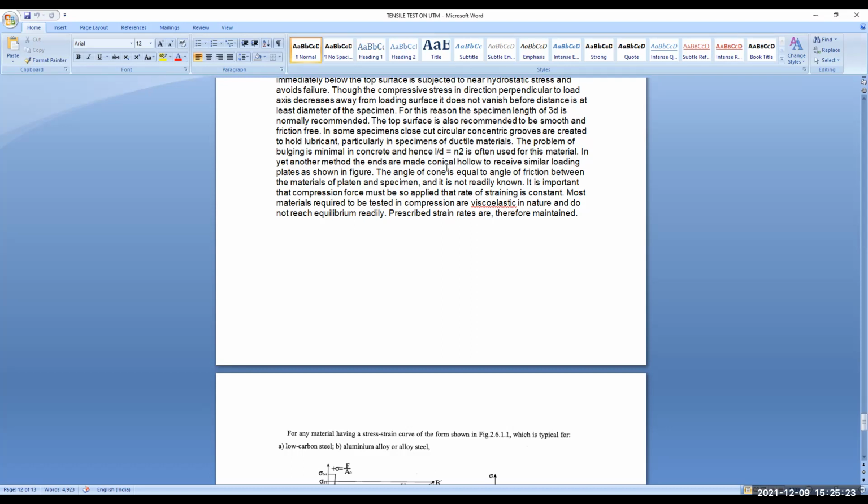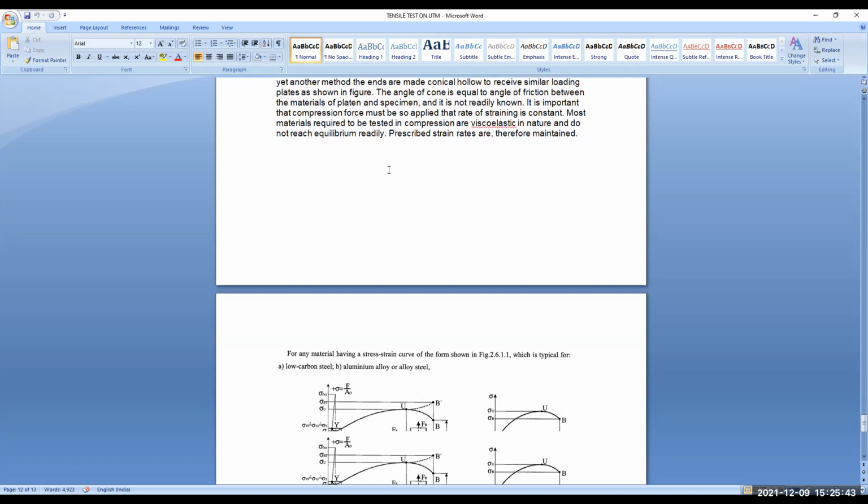and it is not readily known. It is important that the compression force must be applied so that the rate of straining is constant. Most materials required to be tested in compression are viscoelastic in nature and do not reach equilibrium readily. Prescribed strain rates are therefore mentioned for any material